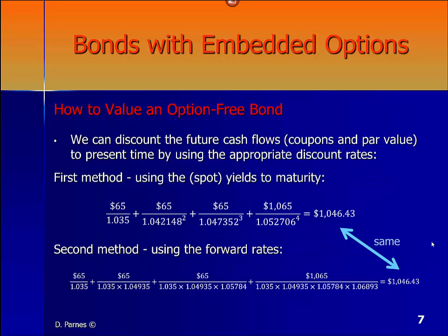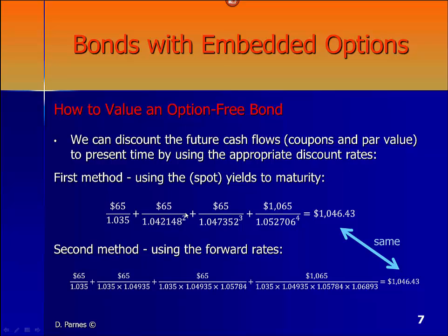The first method will discount all the future cash flows using the spot rates. So the first coupon that is taking place a year from now, we need to discount it based on the first spot rate. So we'll divide it by 1 plus the spot rate, 1.035. That's the 3.5% interest rate, spot rate for the first year. And then the second coupon, $65, we're discounting it to present time. So we're dividing it by 1 plus the spot rate for 2 years squared,